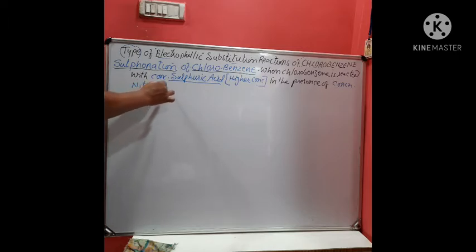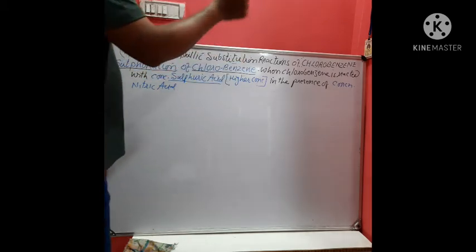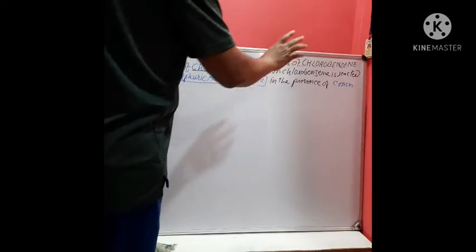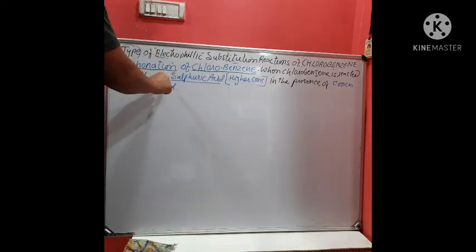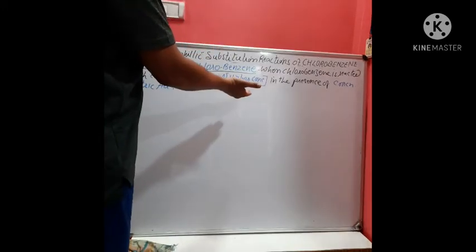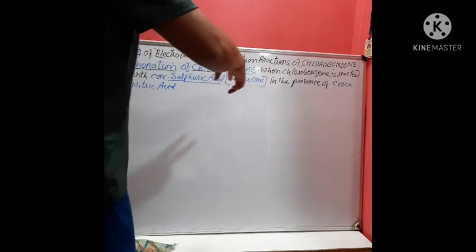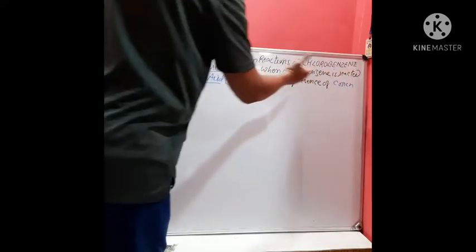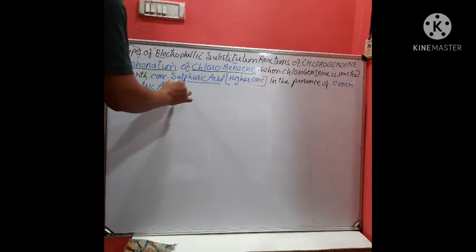In the earlier reaction, what did we use? Concentrated nitric acid, but the catalyst was concentrated sulfuric acid. Now I am changing it. Concentrated sulfuric acid is the main reactant, used in higher concentration, and in lesser concentration the catalyst used is nitric acid. Okay, then